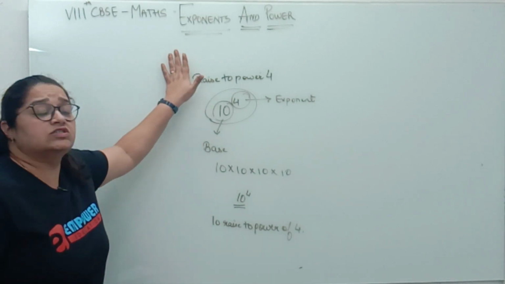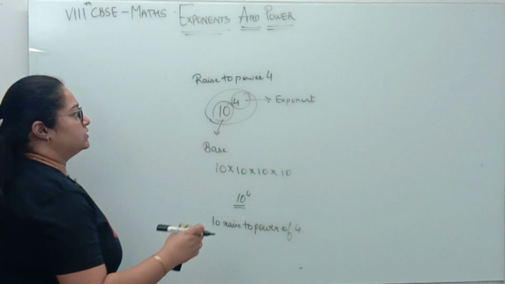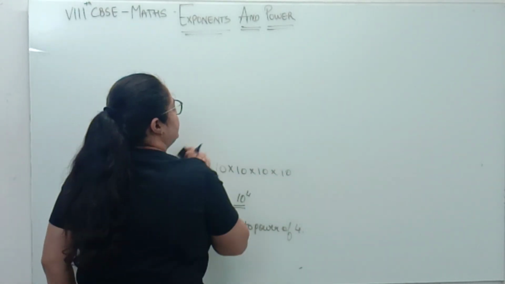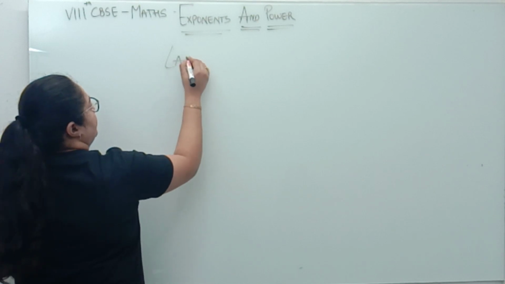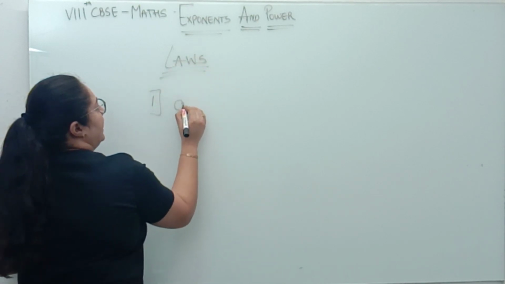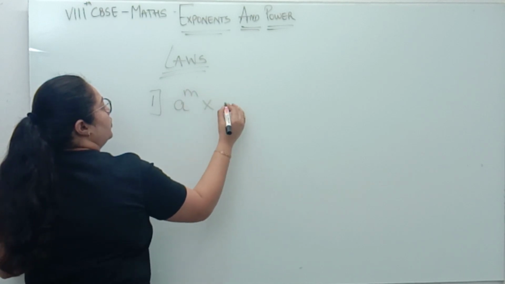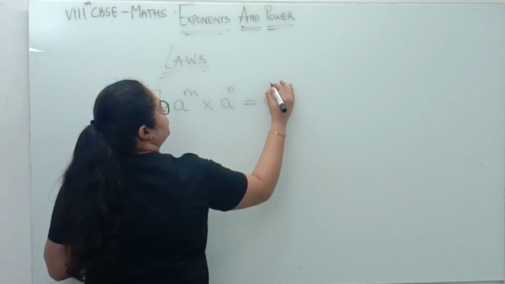Now this chapter has 7 laws. The 7 laws of exponents and powers. Let us see what those 7 laws are. The first law is the product law. What does the product law mean? The first law says a raised to m into a raised to n is equal to a raised to m